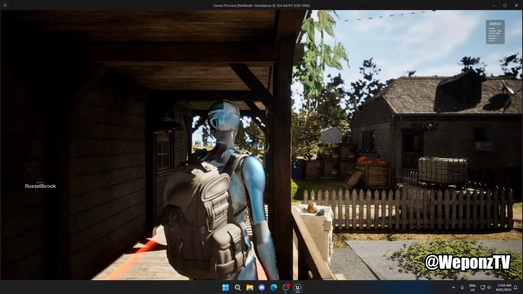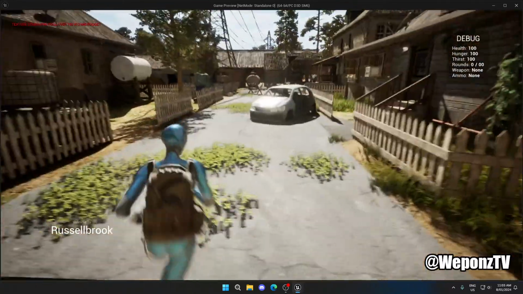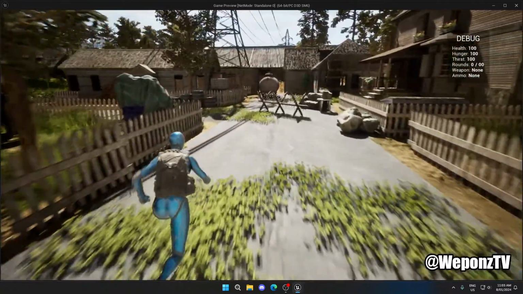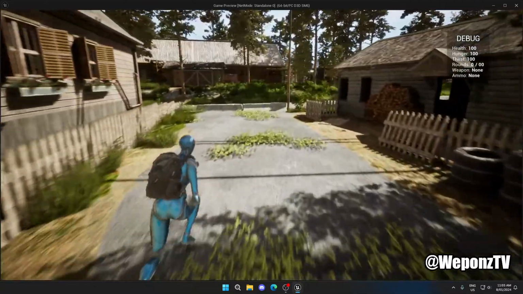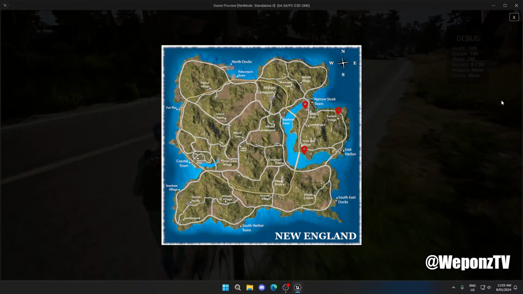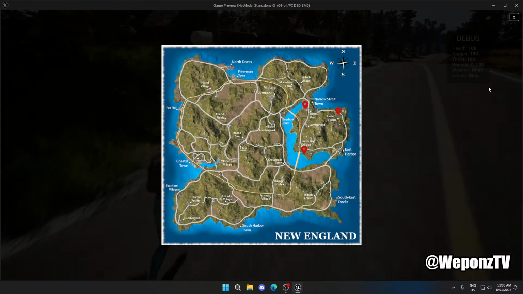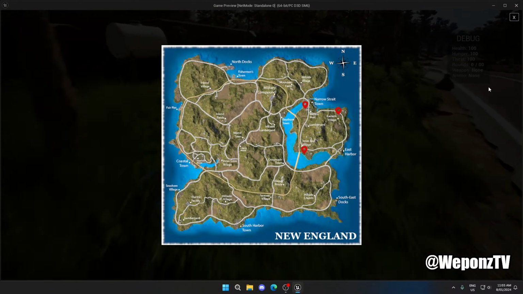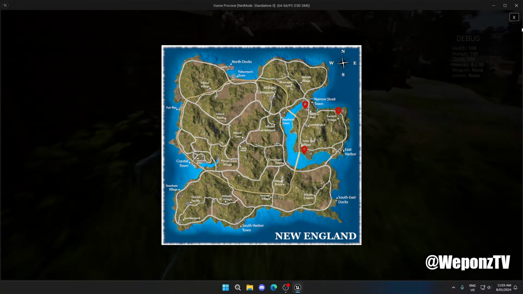There we go. Let's go check this fast travel. I really got to partition this map just so it's easier to load the map. Welcome to Russellbrook. Now what we want to do is go into map mode. Why am I still running? That's hilarious. But anyway,